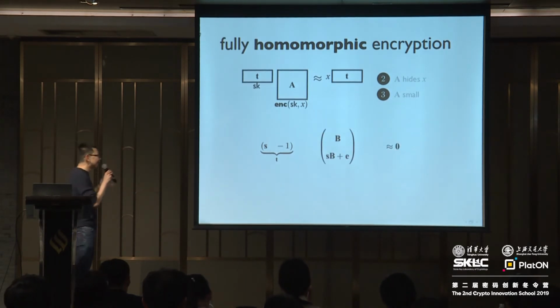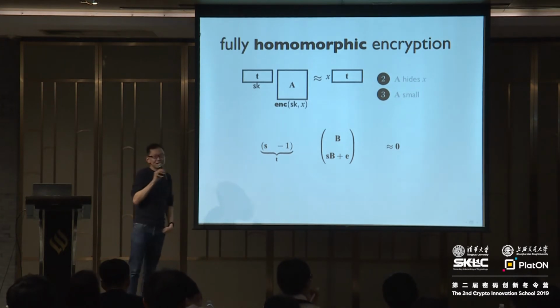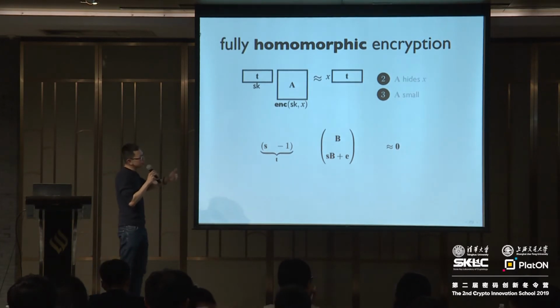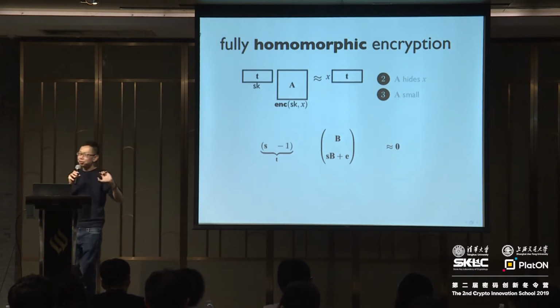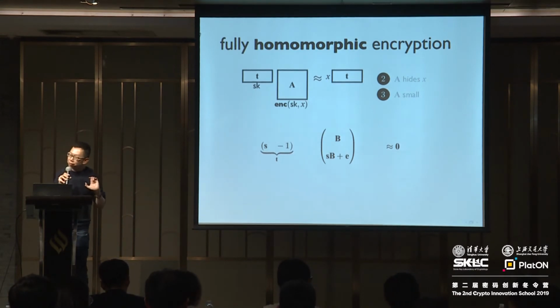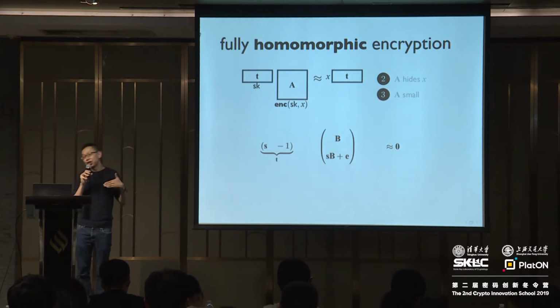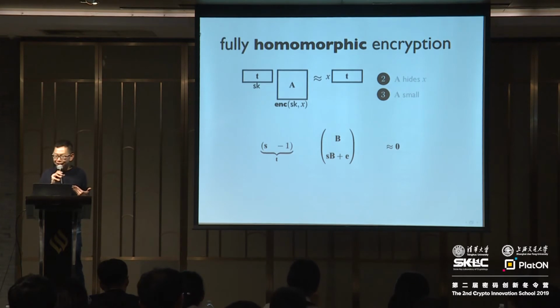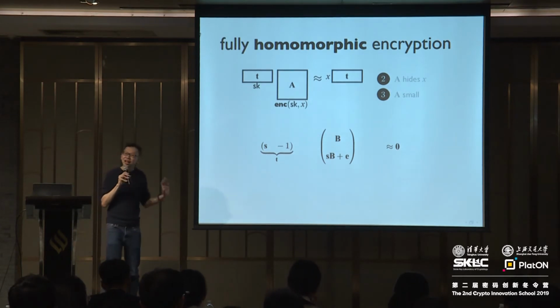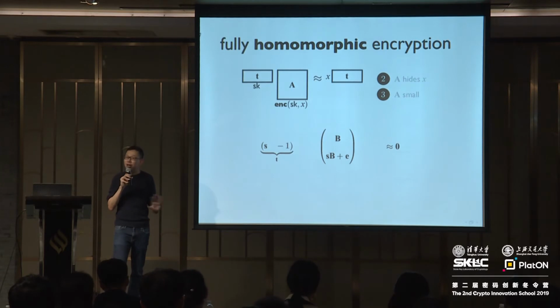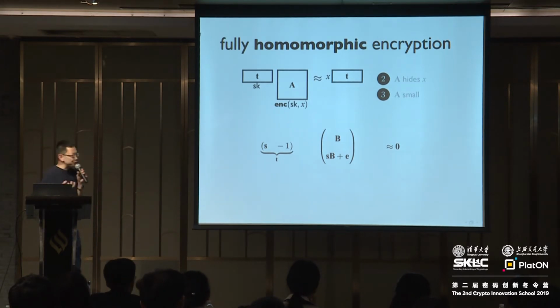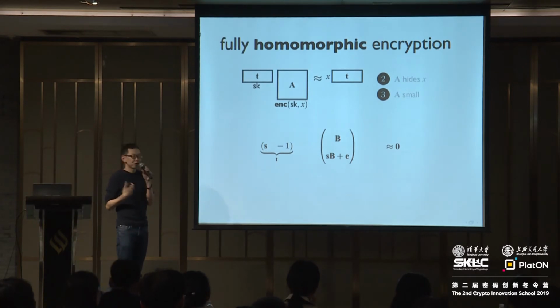First observe that if we start out with an LWE sample with respect to the secret S, with a random LWE matrix, which we'll call B over here, and I stack B on top of SB plus E, this matrix has the property that if I multiply it by T on the right hand side, it's going to give you something small. In fact, the small thing here is exactly the LWE error. This works for B of essentially any dimensions, but you should think of B as more or less a wide matrix.